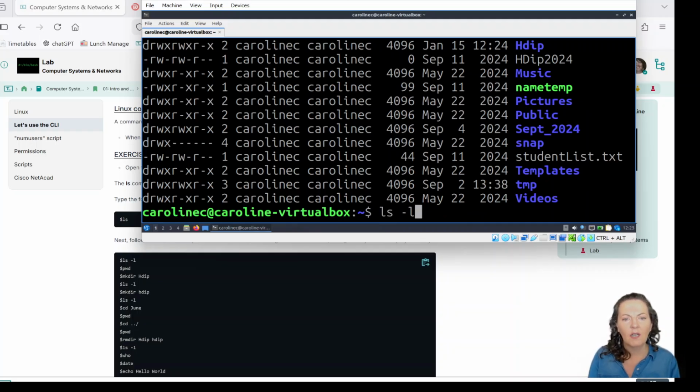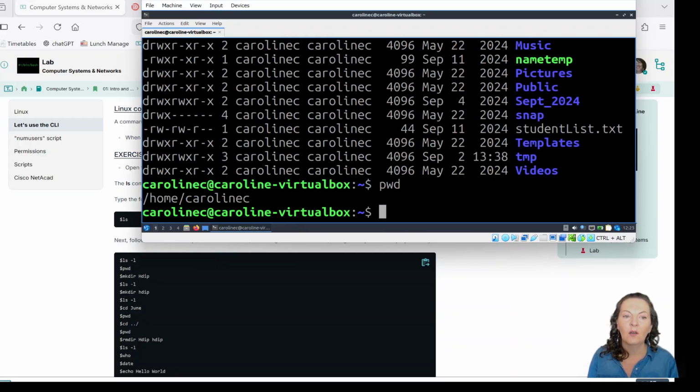So in there, what's next up there? We want, oh yeah, so ls minus l, done that. cd stands for change directory. You are going to use these commands almost every time that you open up your terminal window. cd stands for change directory. So I know from when I went into PWD, I'm in my home and Caroline C. If I want to change my directory, cd into a directory called June, maybe June 2026 or whatever you might want to call it. If I leave it as June,